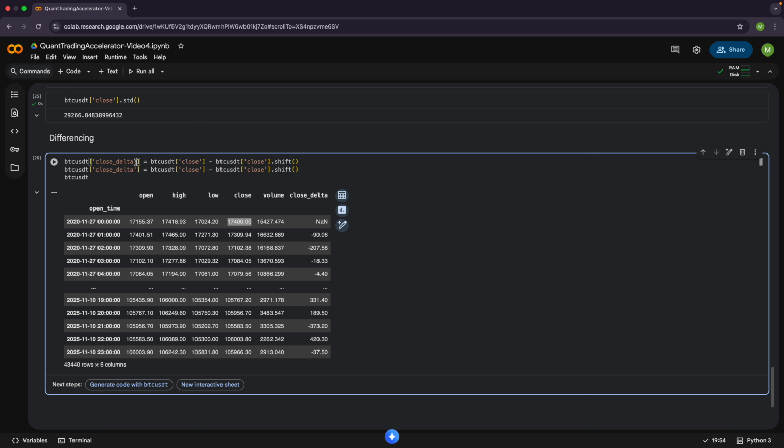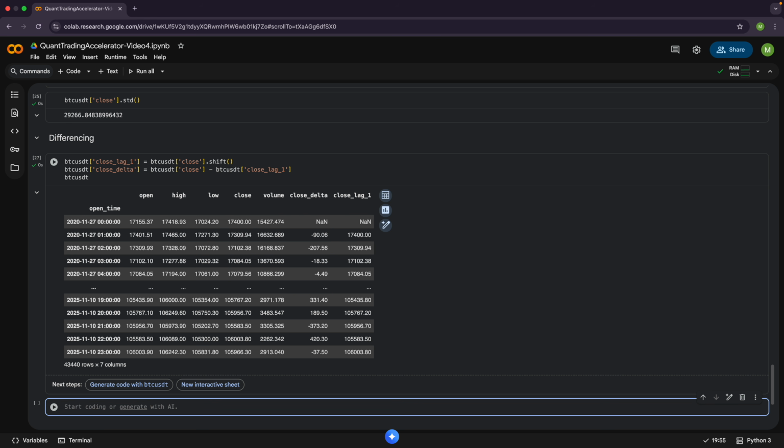If I take the closed delta lag, if I call it closed lag 1, and it's basically this. And now I can just say that I want to take the difference between this, and then this will be a bit more intuitive. So you can see here, and it's really good to model the closed delta as well, because we're more